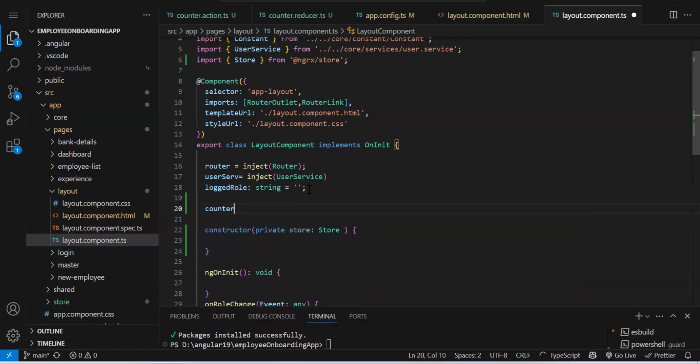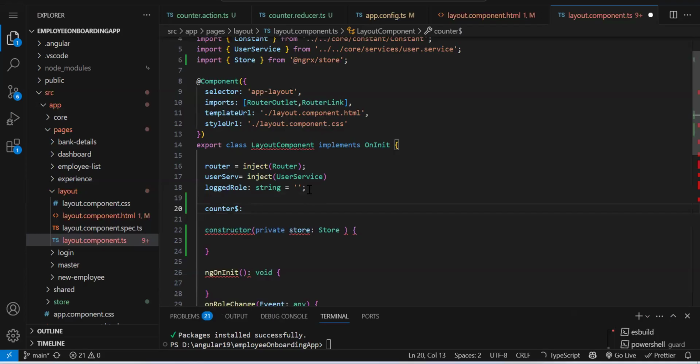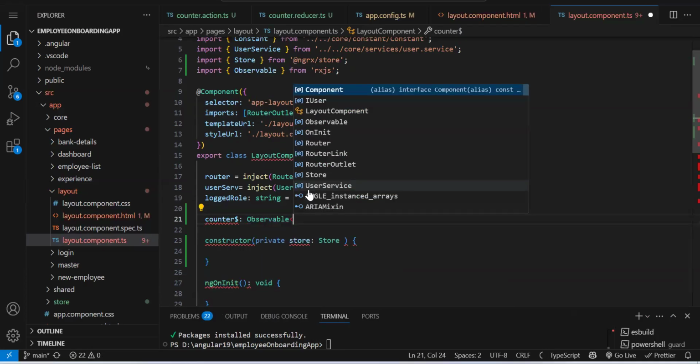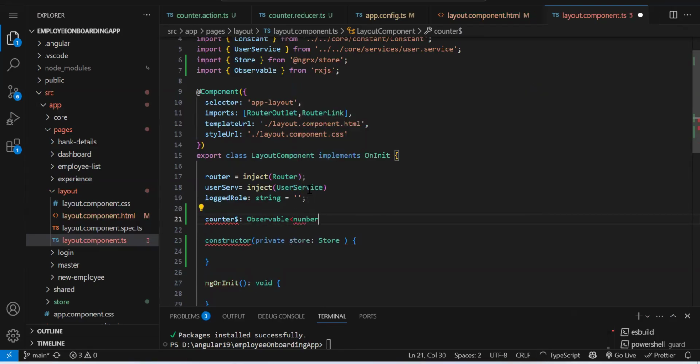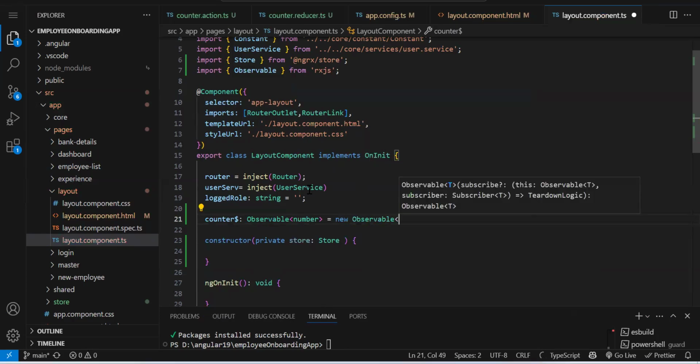So counter colon observable. What type of data we are going to get? Data type number. Counter number only. Okay, we created an observable.